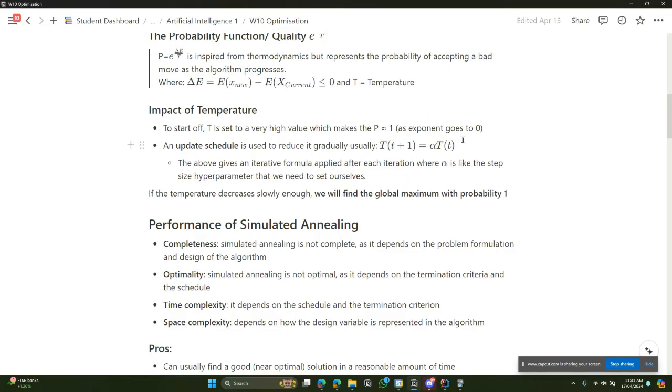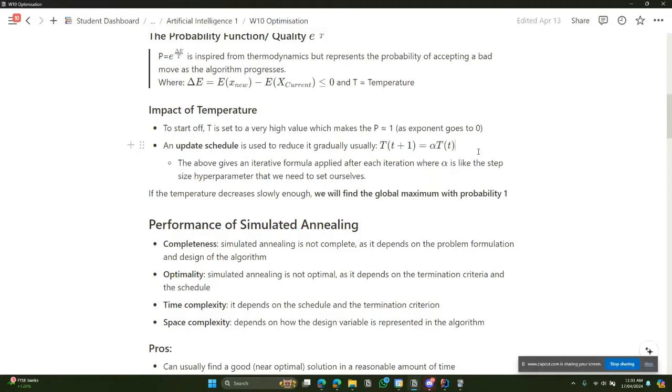And then this is the key bit here that you probably need to remember, to be fair. It's an update schedule. That's how T is updated. So an update schedule is, or I don't know how you guys like to pronounce it, schedule perhaps. Update schedule is used to reduce it gradually, such that t plus 1 is equal to alpha t to the t. So basically what this means is this is an iterative formula,